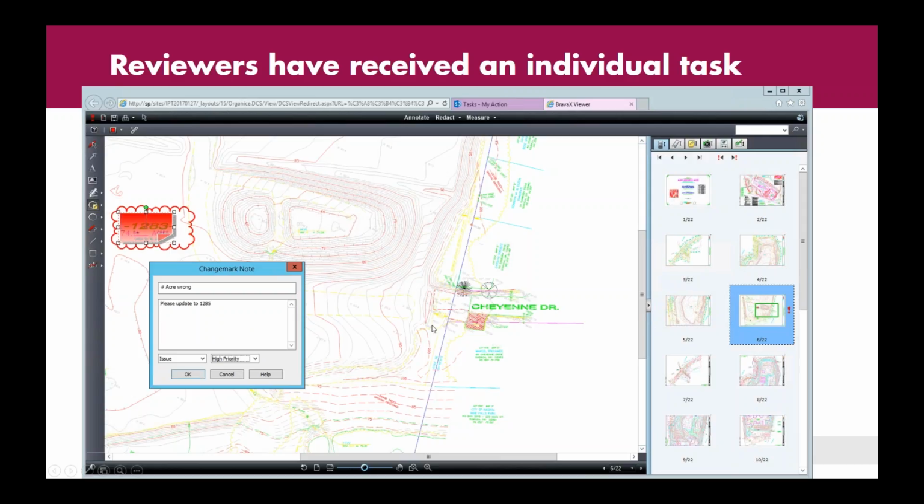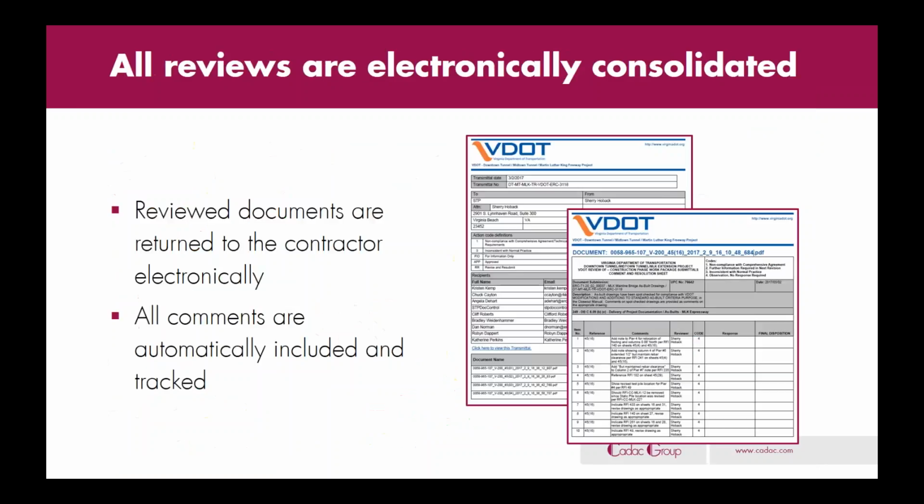This number is wrong, it needs to be updated to something else. And then as part of that, we automatically assemble that information and send it over to the lead reviewer, who needs to consolidate all of these reviews into a final package that goes back. Once that process is done, and I'm giving a bit of an overview here, we're not showing every single detail because obviously there's some detail left and right, but once those reviews are completed,